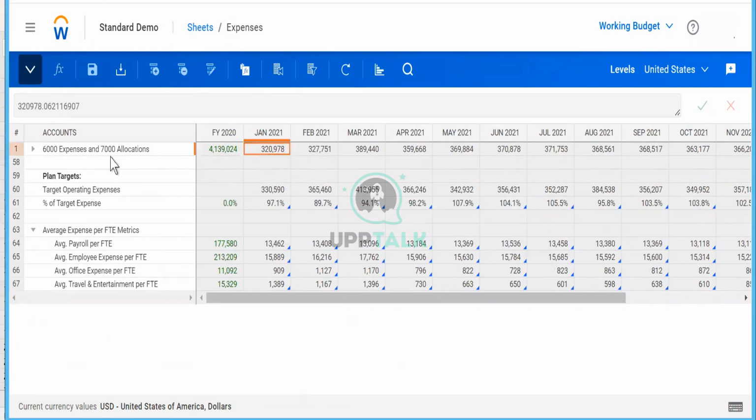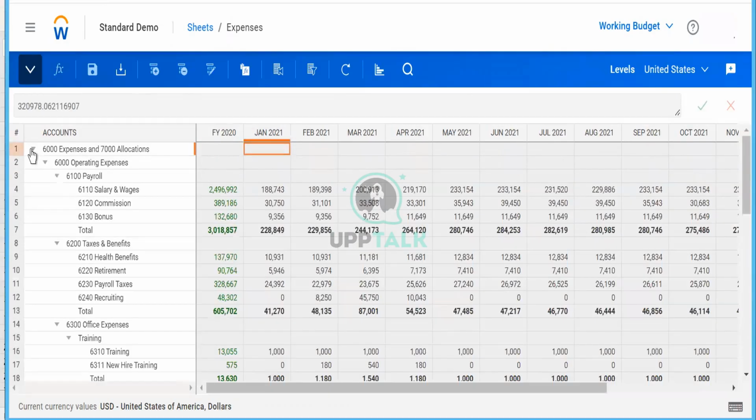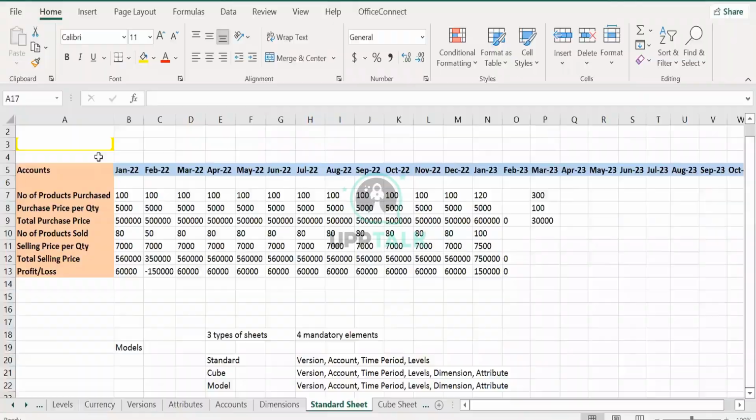If you want to see the bifurcation of this, you just explore this and you'll see the bifurcation. That's how it is used. This is called the account roll-up hierarchy. It is just similar to a roll-up hierarchy when you created Mumbai under India. We are trying to build this sheet here.